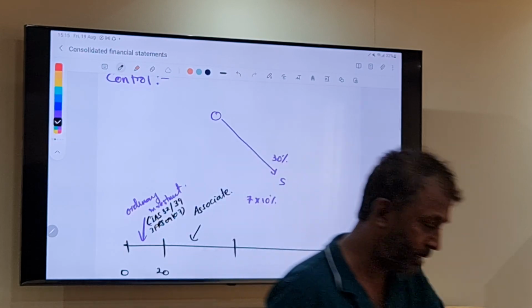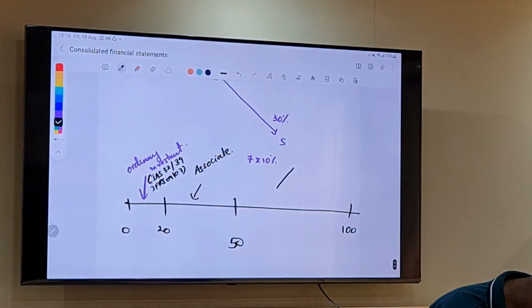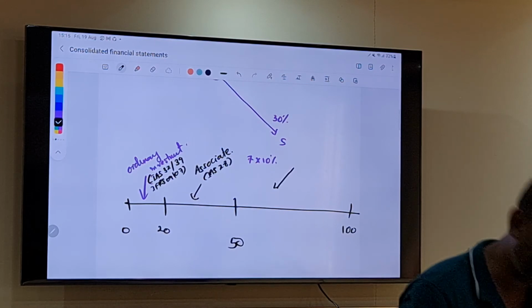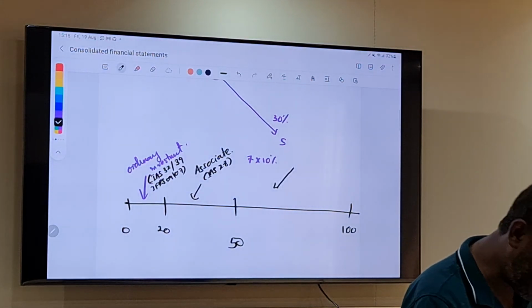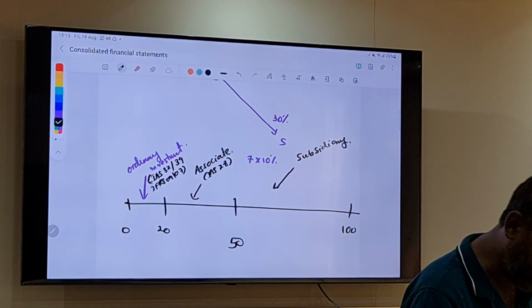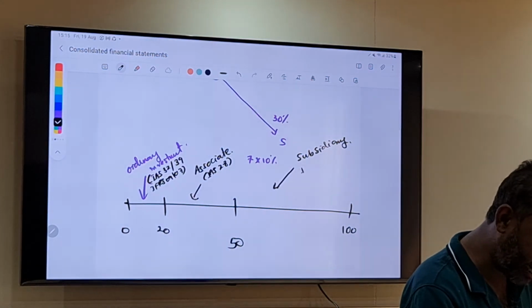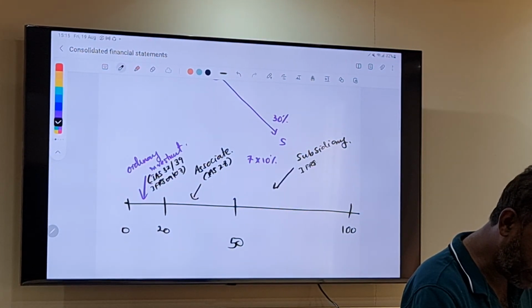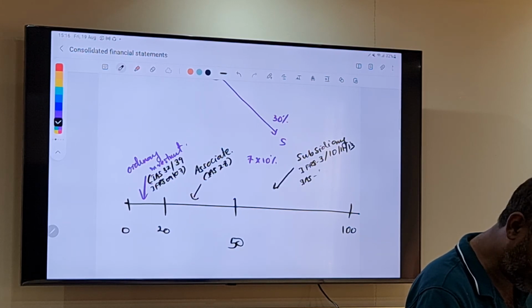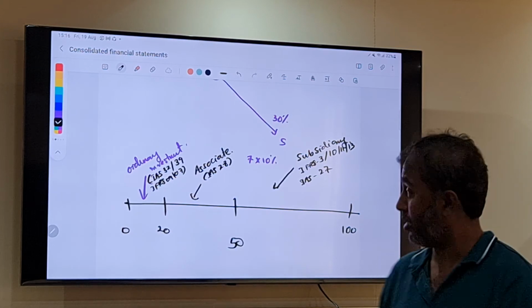Okay, now this range here, IAS 28, and this range we call subsidiary. For that I wrote all those standards: IFRS 3, 10, 11, and 13, IAS 27. I will not write 28 because 28 is